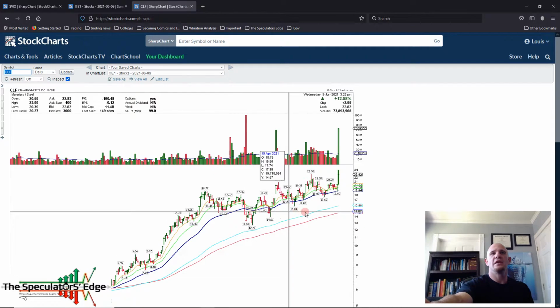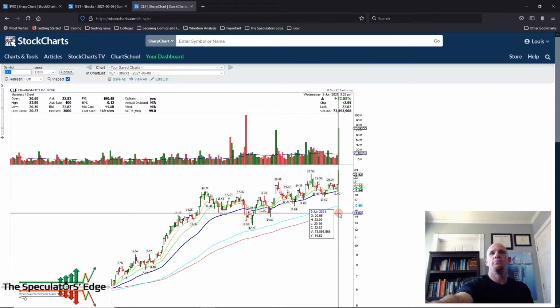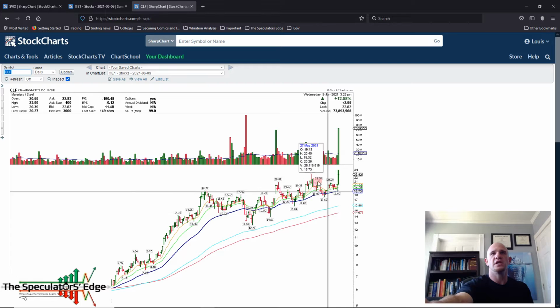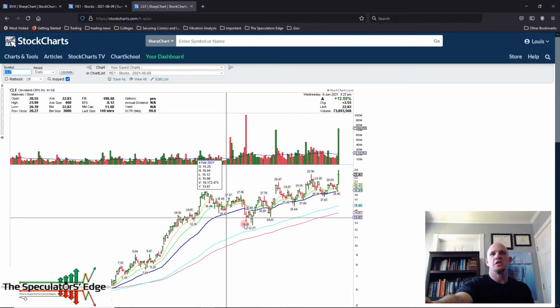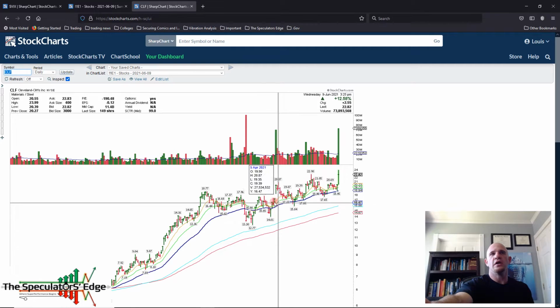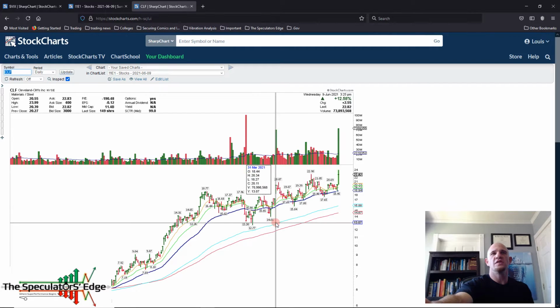Look at the demand. I mean, high demand today, up 12.58% right now, $22.82, making 52-week highs. She bought this, she couldn't have bought it any better. And not only that, as you can see, this stock has some gaps right here, has a gap right here on huge demand. Excellent. This stock is just beautiful.